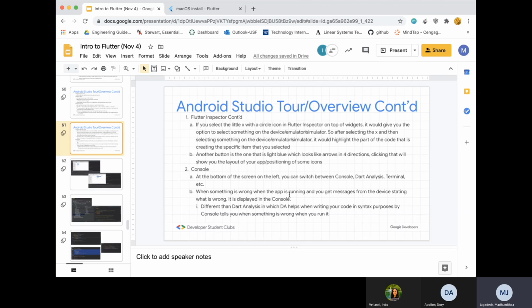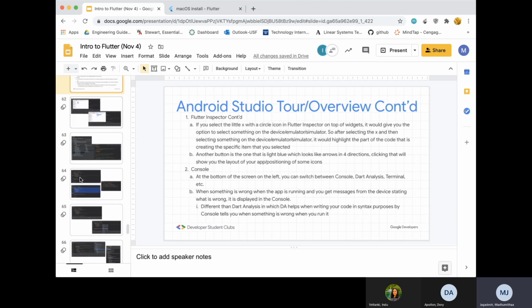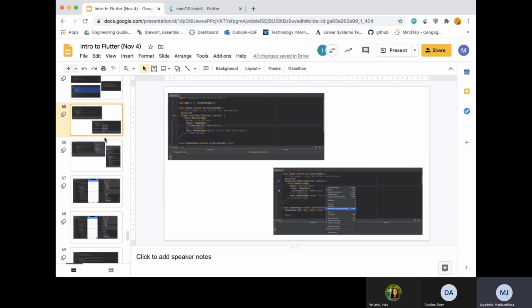Another button is the light blue one, which looks like arrows in four directions. Clicking on this will show you the layout of your app and the positioning. So very quickly,